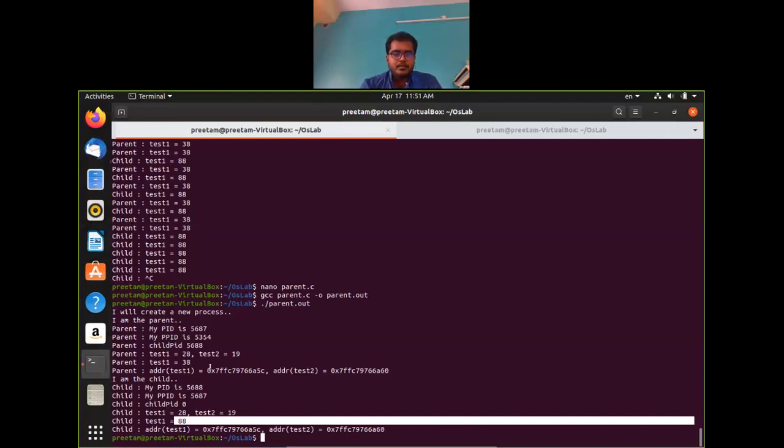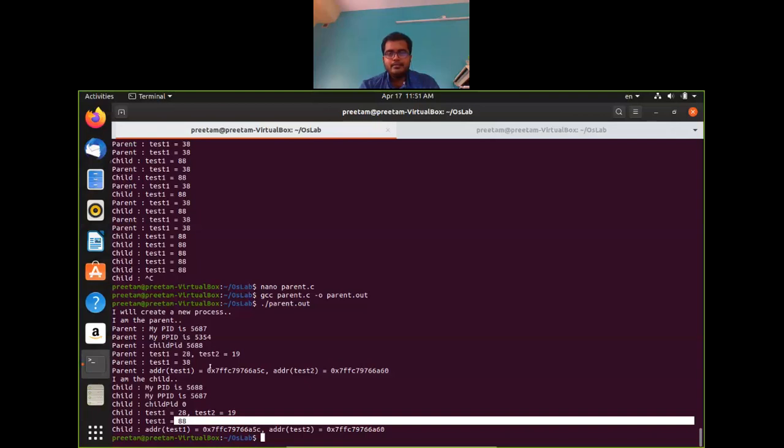Okay. So whatever we have learned till now, we have seen that we can create a process using the fork command, right? And the fork command creates the exactly same memory copy of the parent into the child, right?